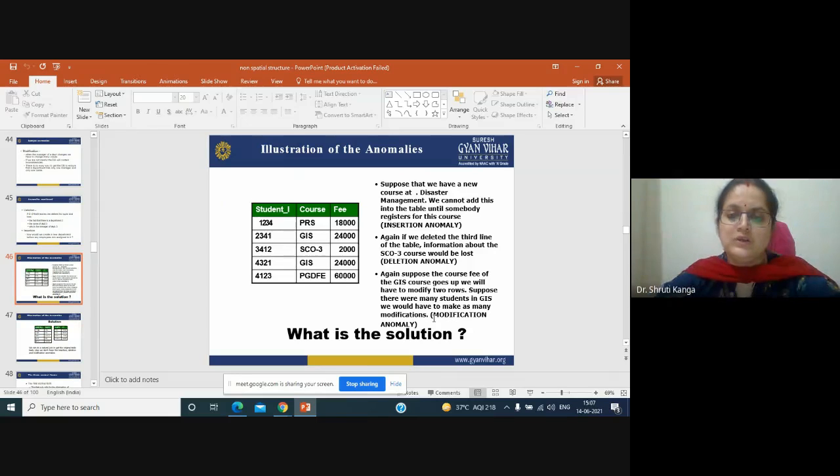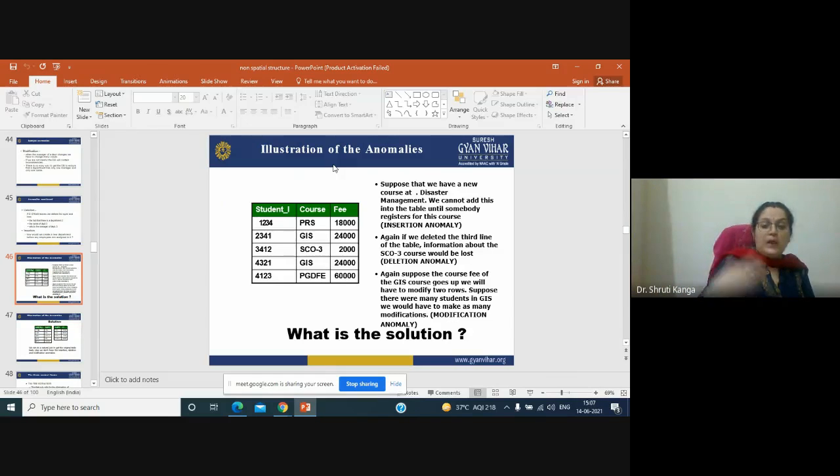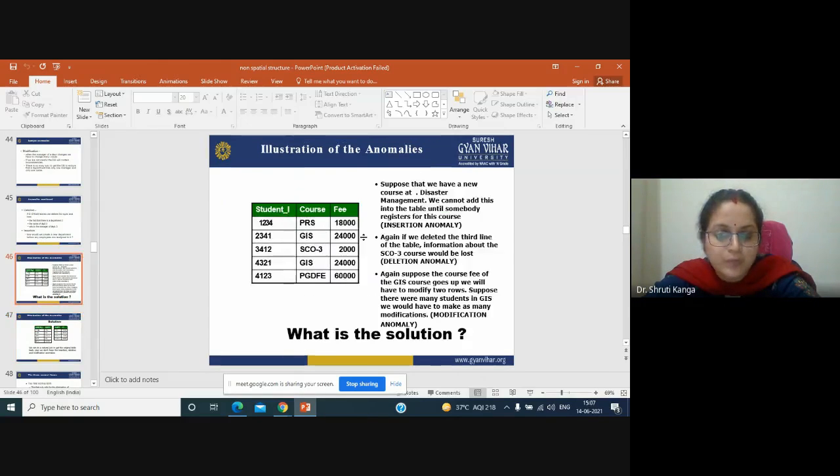So what is the solution? If we want to add one course, what is the way out? If we want to update this GIS fee, how can we do that? And if we want to modify some course, what can we do? The solution is that we have to split it into two parts.